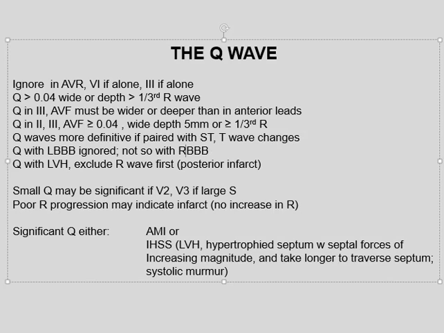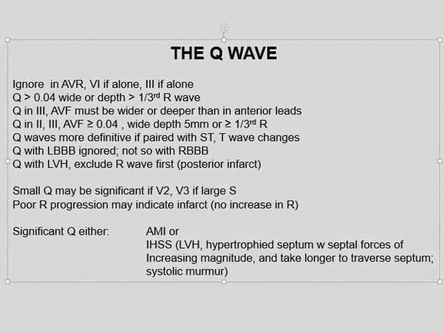Interpreting the Q wave. There are many rules in interpreting Q waves, and they go back to a computer program called the Minnesota Code that is far too complicated for daily use. Slides such as this are an attempt at summarizing that code for practical use. In simple terms, we always ignore lead AVR, and if a Q wave occurs in V1 alone or in lead